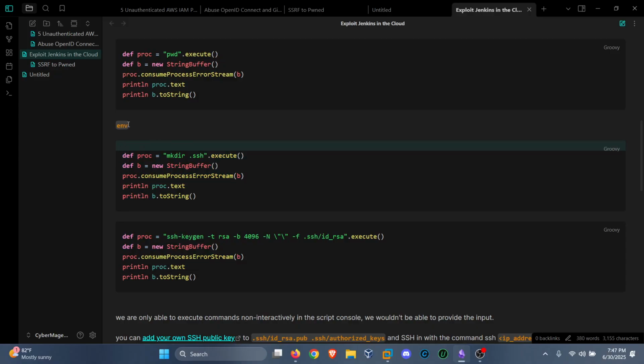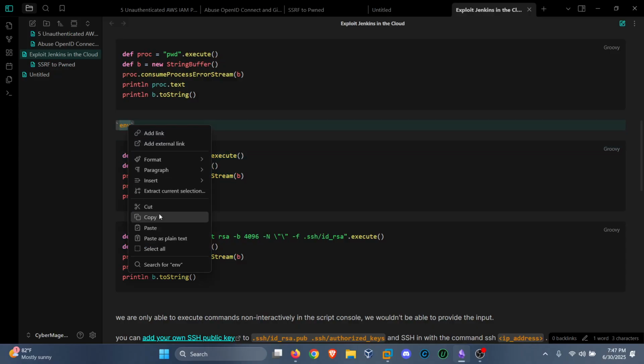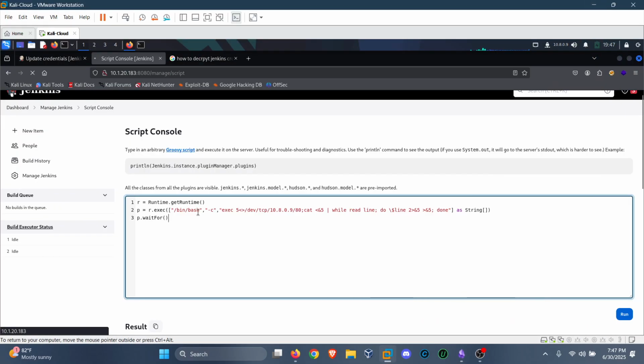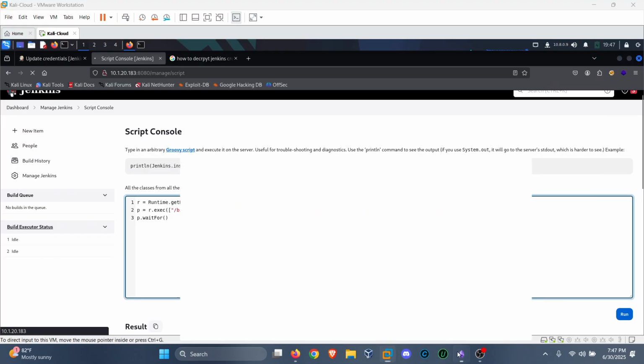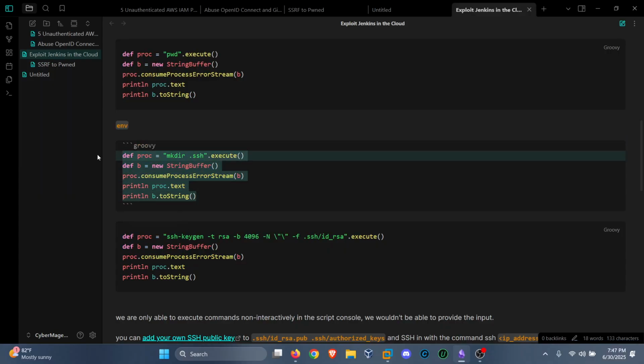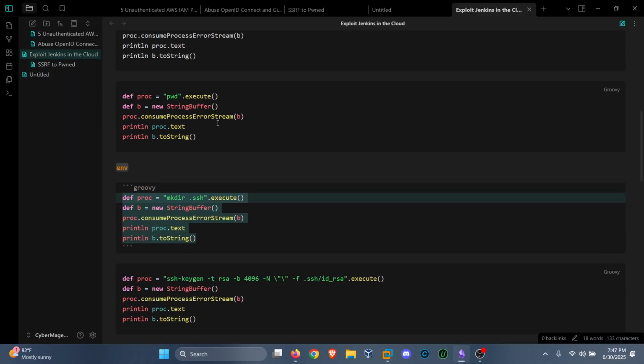But before that, we should actually check environments to see where our user's home directory is. So let's go here and